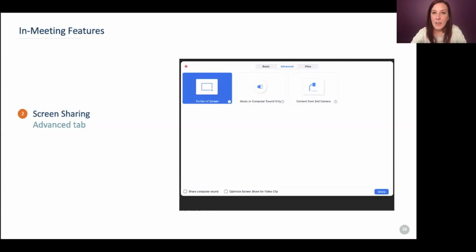And then last thing, we are not going to go through file sharing, but it is an option that exists here. I don't recommend that you use Zoom for file sharing. I recommend that you use whatever you normally use. So if that's file sharing in OneDrive, or Google Drive, or Dropbox, those are going to be a lot safer options, especially if you have guests outside of your organization joining this meeting. It's just not super safe to share files that way.